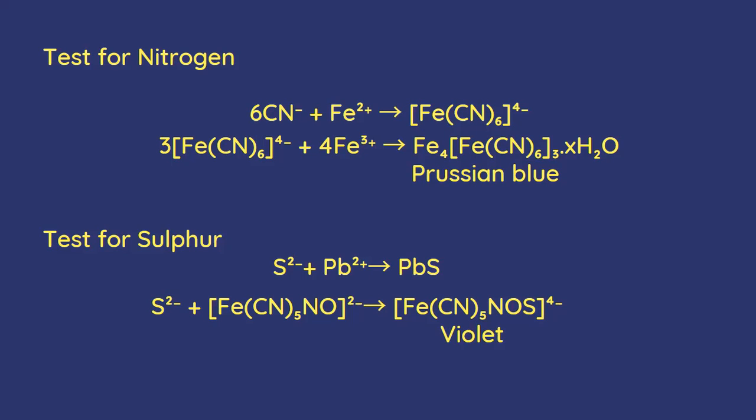First is the test for nitrogen. The sodium fusion extract is first boiled with iron 2 sulfate, and then it is acidified. Then we'll add concentrated sulfuric acid. And this leads to the formation of a Prussian blue color. This will show that the particular compound has nitrogen. So what happens over here is sodium cyanide is reacting with iron 2 sulfate, and this forms a compound called a